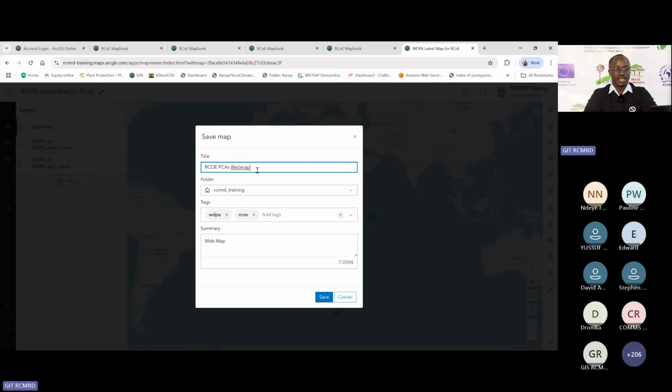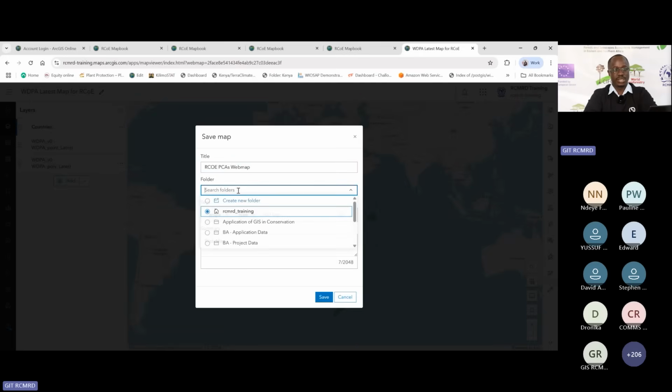After I've assigned the title, I'll direct it to the right folder, which I'll be saving my map in. So I'll select a folder called Application of GIS in Conservation. You're also supposed to create such a folder on your account. Once I'm done with selection of the right folder,